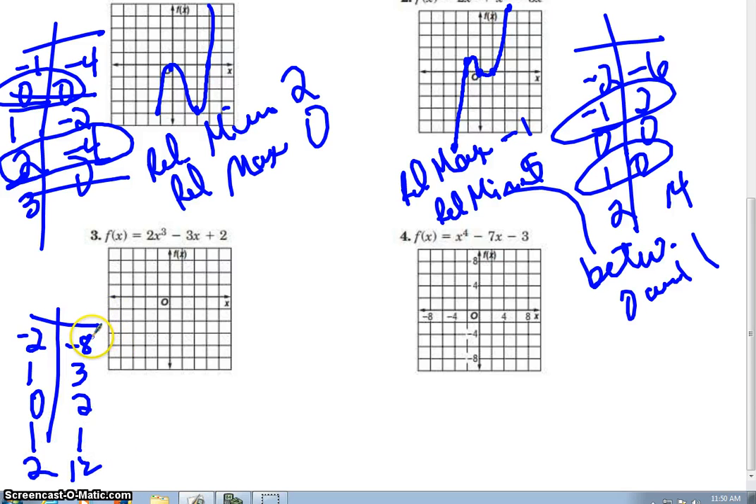So we're getting bigger and then we're getting smaller. So here is a relative max. We're getting smaller and then we get bigger. So here should be a relative